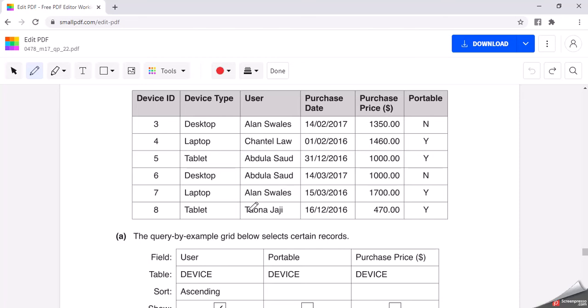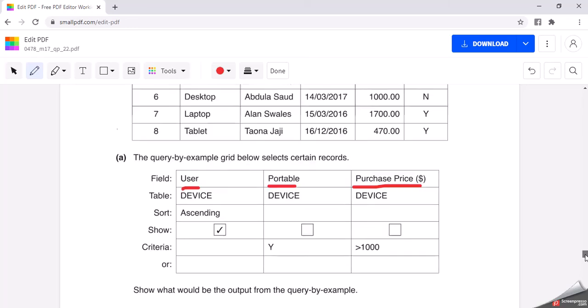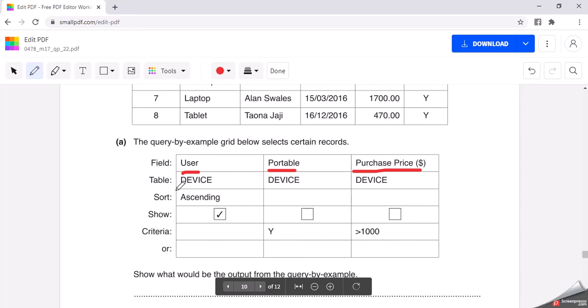So we've got user, and the data type for user is text. We've got portable, and the data type is Boolean. And we've got purchase price, and the data type is currency. What do you notice about this? Well, we are going to do a search of this database table, and we want to display all the users,